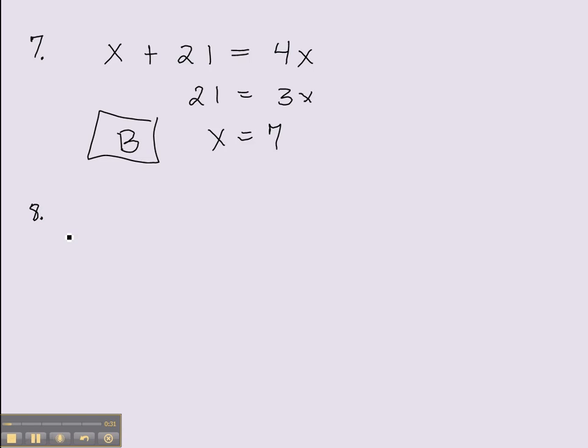Okay, number 8. If a over b is equal to 4, and a is equal to 8c, and c is equal to 9, then what's b? Well, let's substitute this in. So a is